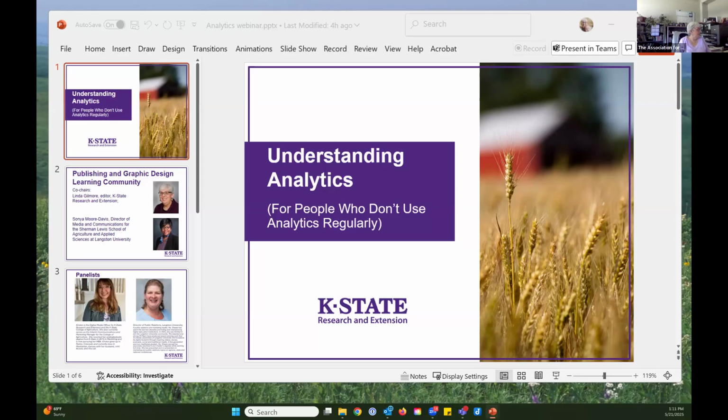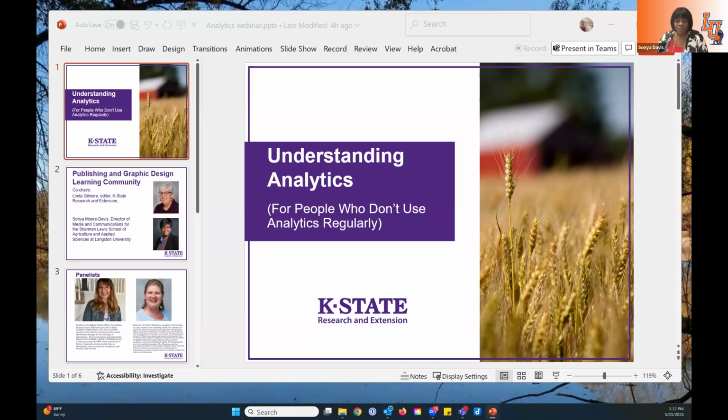Kirsten Connard is our digital media officer for K-State Research and Extension and for the College of Agriculture. She's also right now our interim communications and marketing manager for the College of Ag. She has her undergraduate degree from K-State and is working on her MBA. She lives in Manhattan, and we've enjoyed having her working in our team.